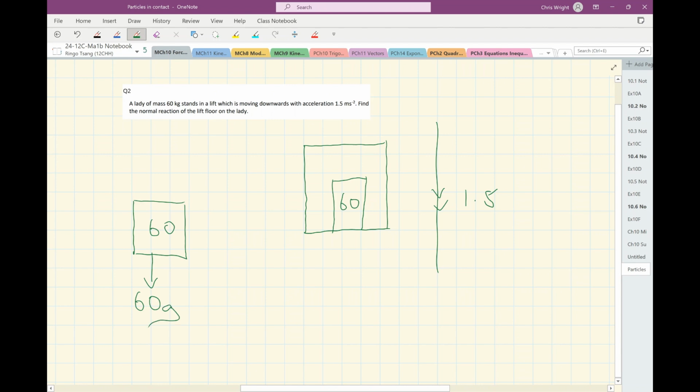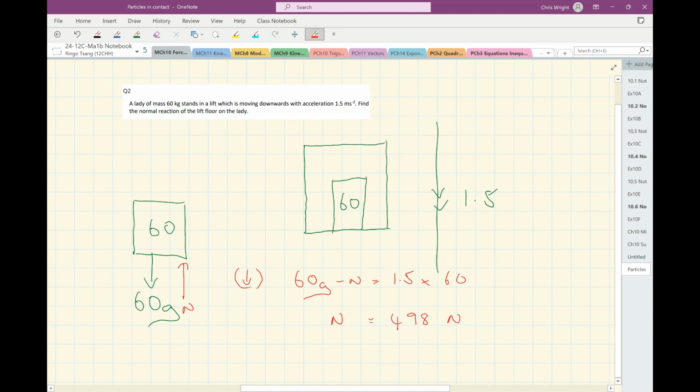And she's obviously not in free fall, so the lift is exerting a force onto her feet. So let's have a look. Let's resolve this in a downward direction. So the force is 60g minus N, and that equals the acceleration in a downward direction times my 60. So there is my equation, and if you solve that equation, you will find that the normal reaction there is